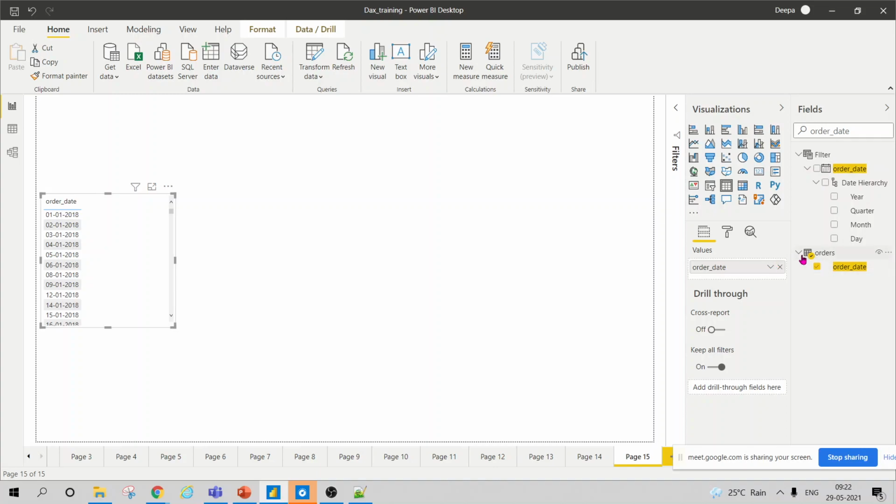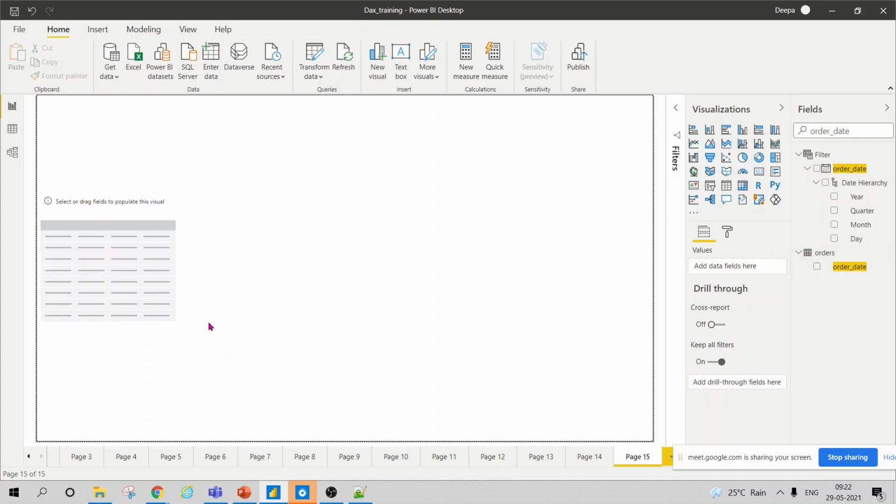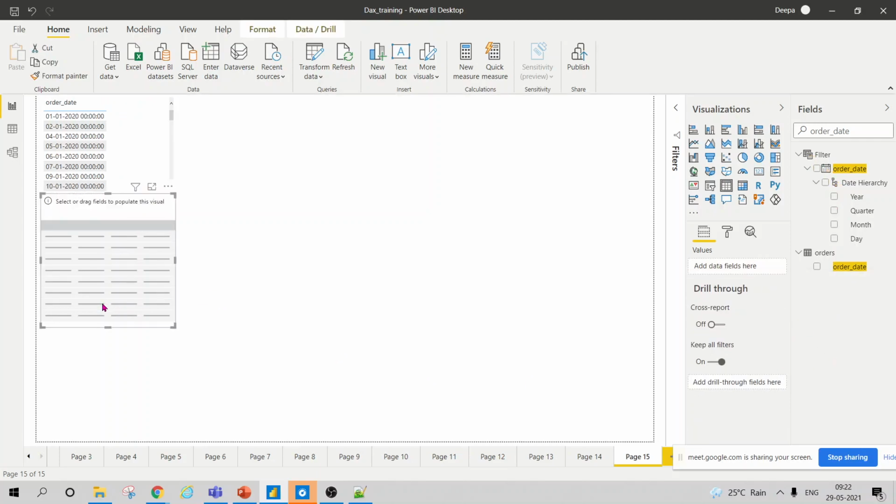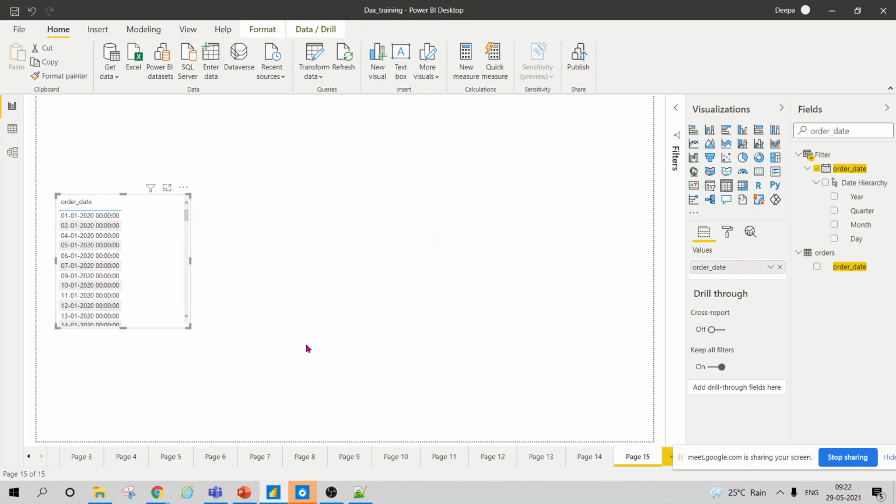Okay, let me take this date. I will not take this. I will take this date. And for the DATEADD function, I will use that because it looks like it's not in date.